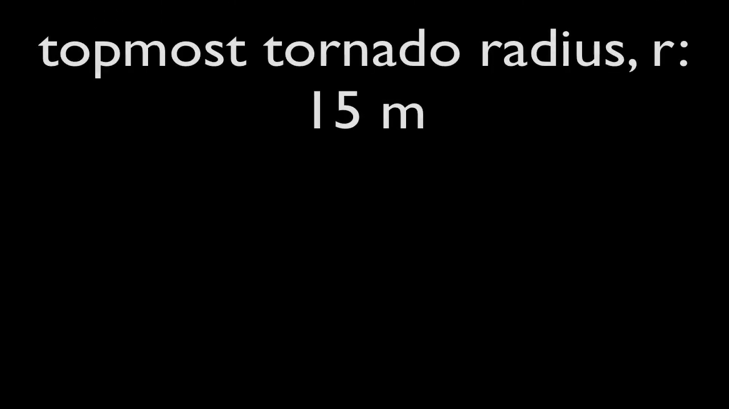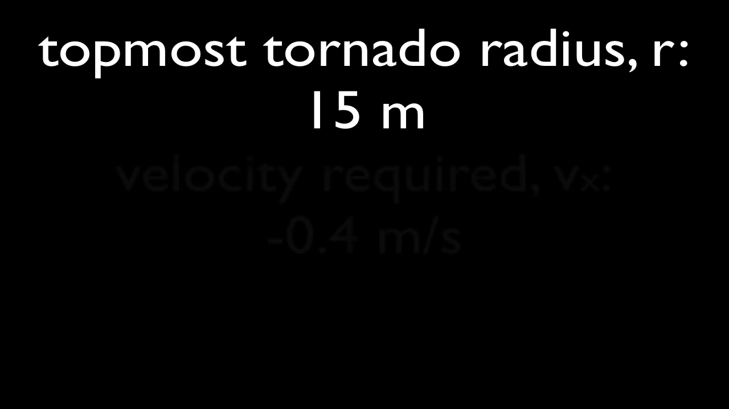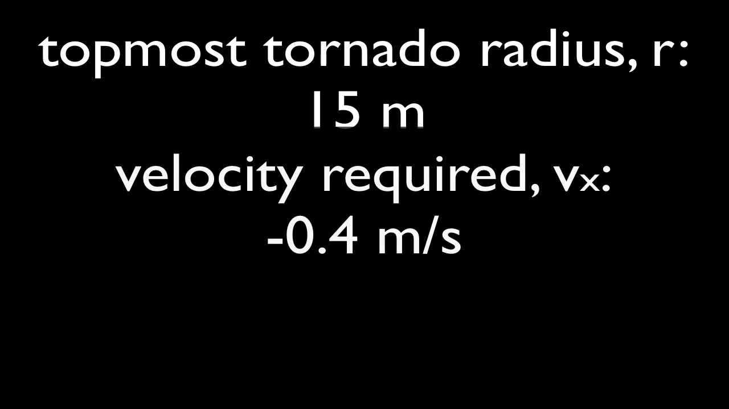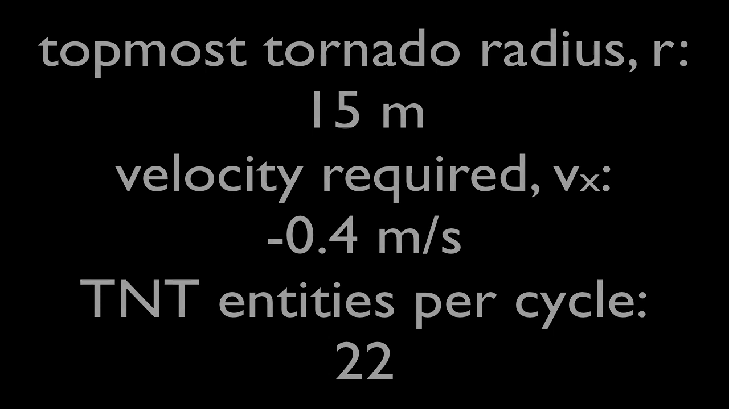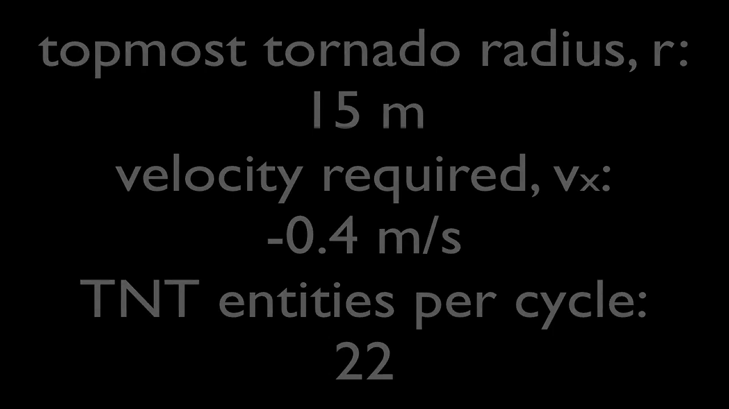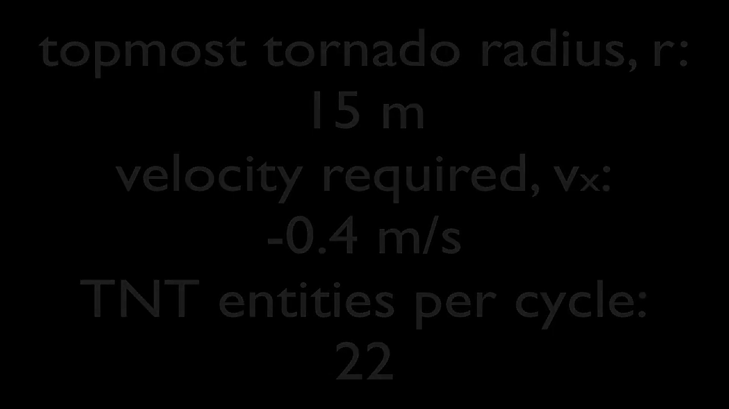We wish for the radius of the tornado to be 15 blocks, and by testing we can see that at x equals 15, we will need a velocity of roughly Vx equals minus 0.4 meters per second. We also wish to create roughly 22 TNT entities per cycle. This is enough information we need, with a bit of mathematical calculation, to find the relative coordinates for the summon